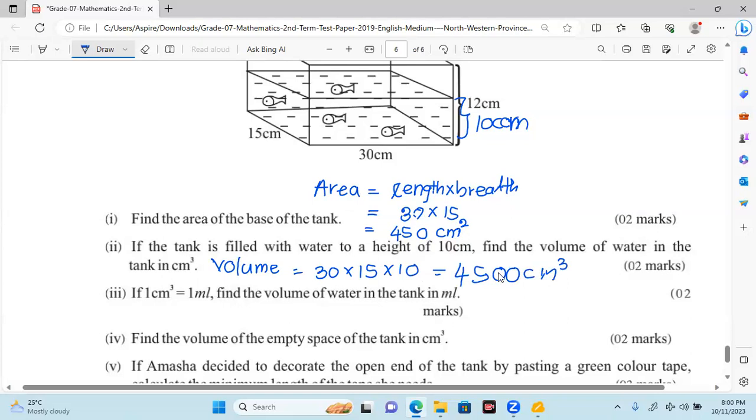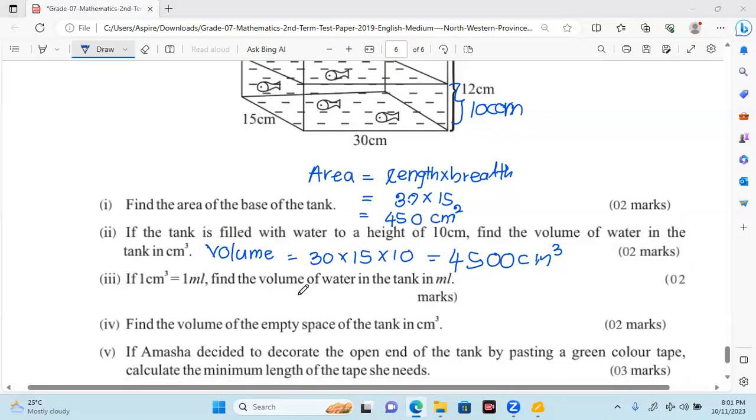Okay. Then 1 cubic centimeter equals to 1 milliliter. Find the volume of water in the tank in milliliters. Yes, tell me, what is the volume of water in milliliters? If 1 cubic centimeter equals to 1 milliliter, therefore volume equals to